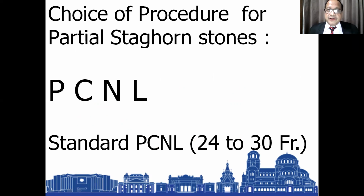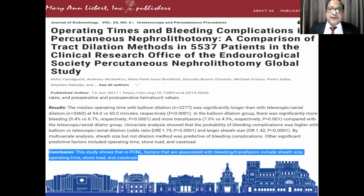Many people have quoted this particular publication from Crows that if you increase the size of the sheath, if there is a standard PCNL, the bleeding complications are more. To some extent, yes. But if you go into the finer details,